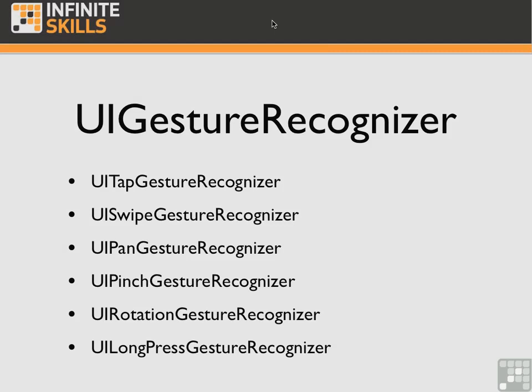That's the number of taps required for the gesture to be recognized. And you can also set the number of touches required, to set the number of fingers required to tap for the gesture to be recognized. And your action methods that are handling a, say, multiple touch gesture can get the location of the gesture as